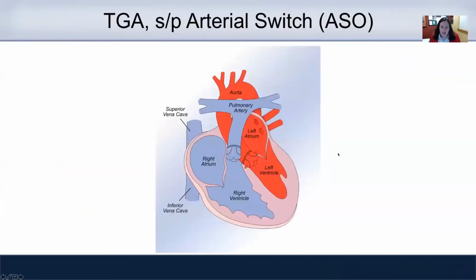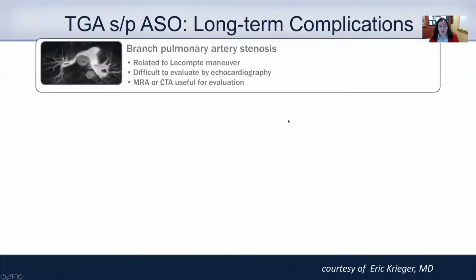So let's move on and talk about the slightly younger group of patients living with transposition, those with arterial switch. Just to show again the diagram where the pulmonary artery has been brought forth anteriorly. This is called the Lecomte maneuver. We know that there are long-term complications in these patients as well. You can refer to the imaging goal list that I shared with you, but just to review, because you're pulling